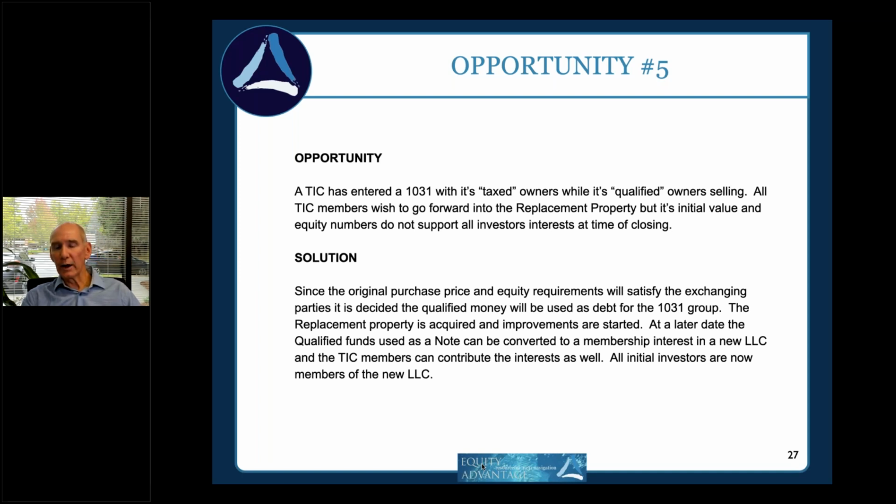And then a year downstream, a limited liability company was created. The TIC members contributed their property to the limited liability company, receiving membership interest attributable to their equity. And as that was happening, the note that the 401k members had was converted to a membership interest. Now you've got an asset owned by everybody that wanted to be involved. So once again, all the TIC owners are now members of the LLC. The debt holders are now also members of the LLC to the extent of that note, and everybody is where